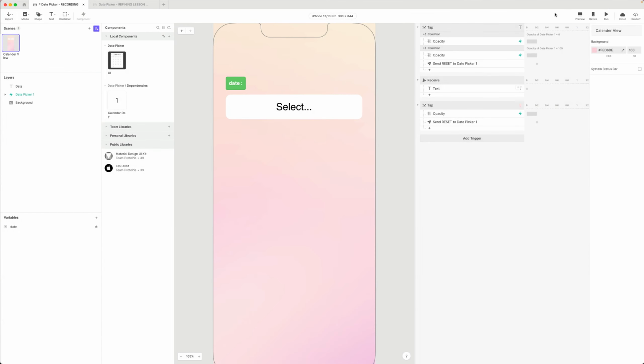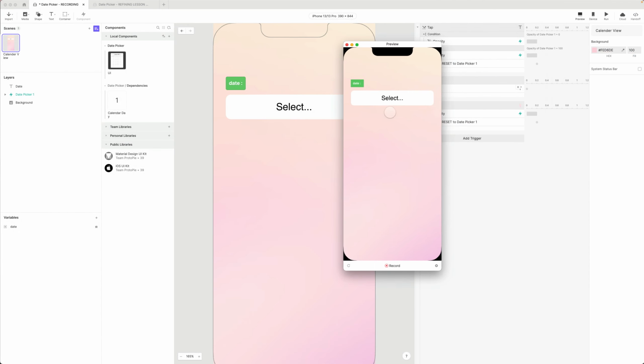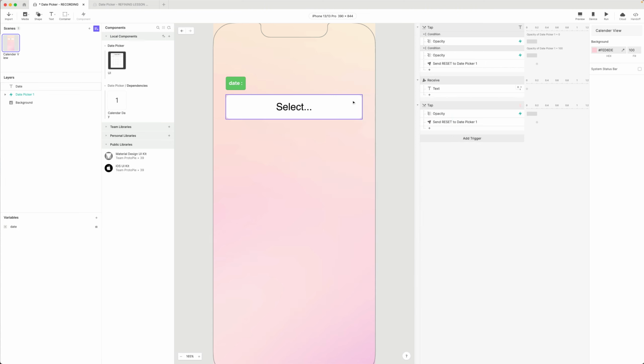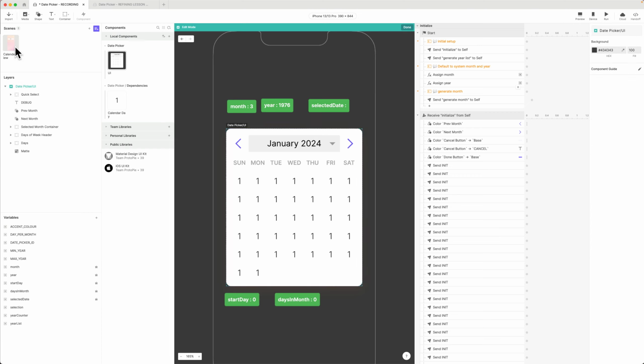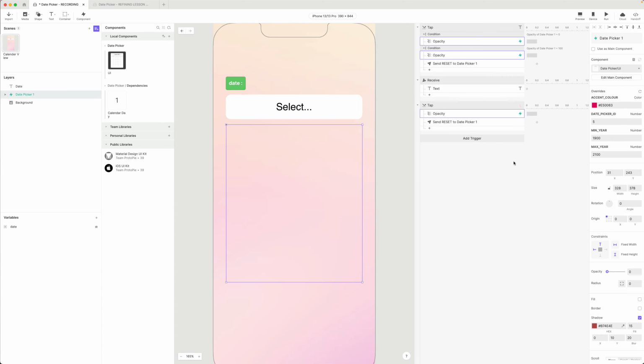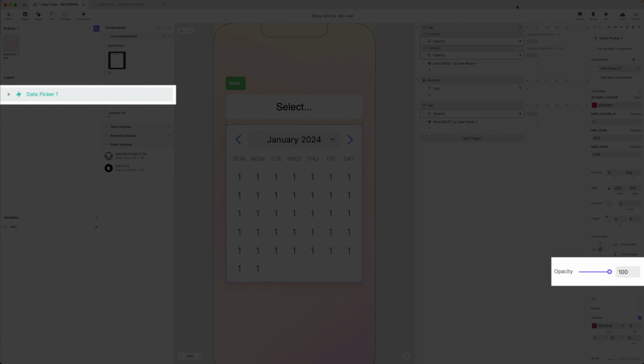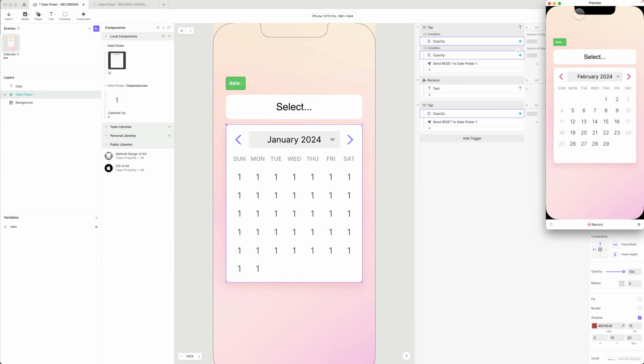Now when we go back to our calendar, and I click on this, there we go. This is now working, and I have my selection color working exactly as I wanted. Now, if I do this right away, you can't see it here because it's hidden. But let's say this component was supposed to be visible when the scene starts. In fact, let's actually do that in the scene. Let's have it visible when it starts, and if I preview this,